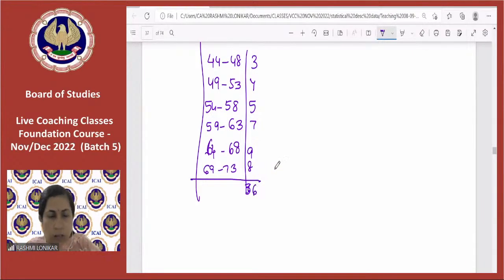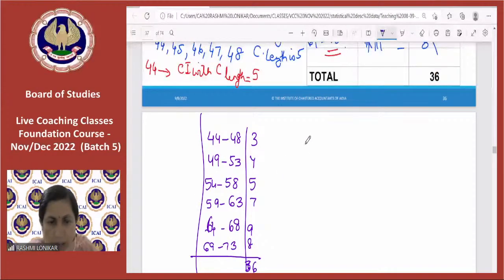I can write it this way, or I can write it when I use the class boundaries,